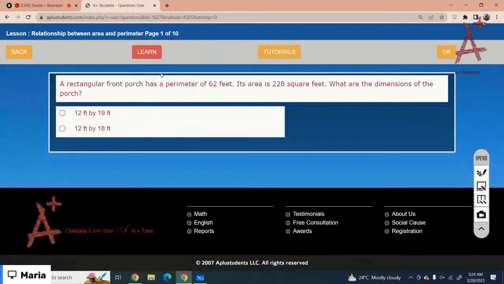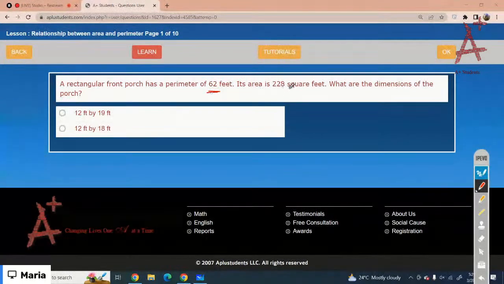Okay. A rectangular front porch has a perimeter of 62 feet. It has the area 228. What are the dimensions of the porch? So you are given two of the options. You can check which option has the perimeter 62 and